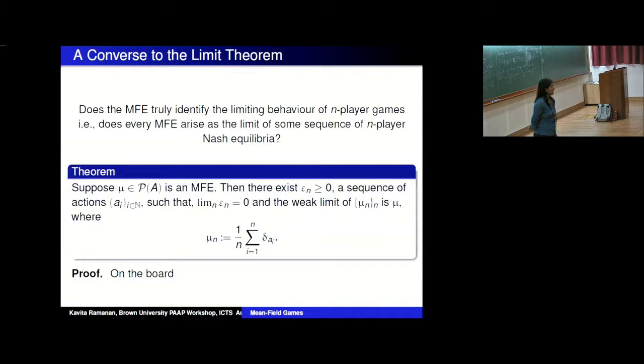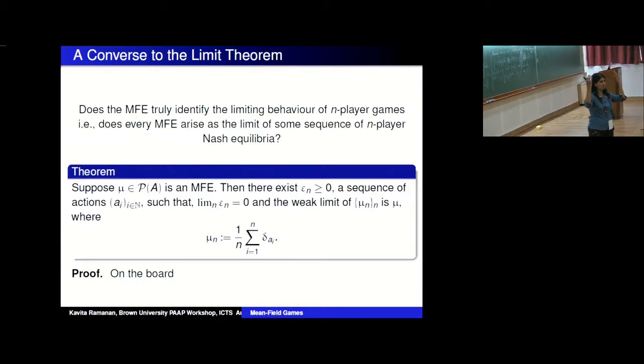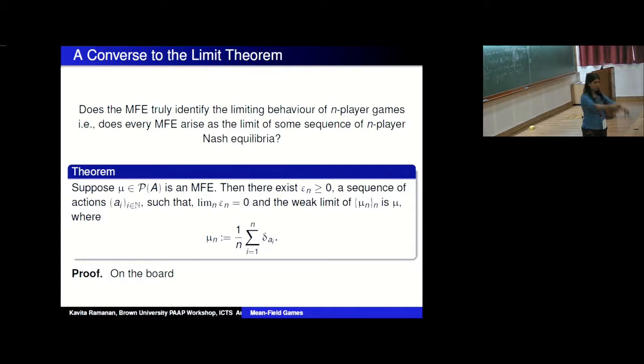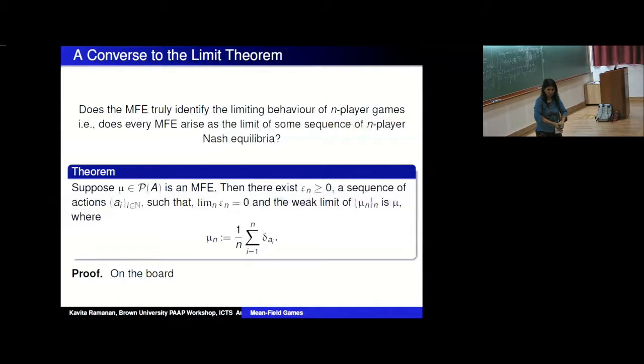So many times it may not be unique, and you might say, okay, if there are many ones, then are we getting spurious solutions in the limit which have nothing to do with the original, right? We know that, of course, all the originals are contained in the limits. So you could have the n-player games themselves, which are definitely non-unique many times, again, unless they're these potential games with certain structure. And then it could be that as n goes to infinity, that non-uniqueness goes away, or it could be that